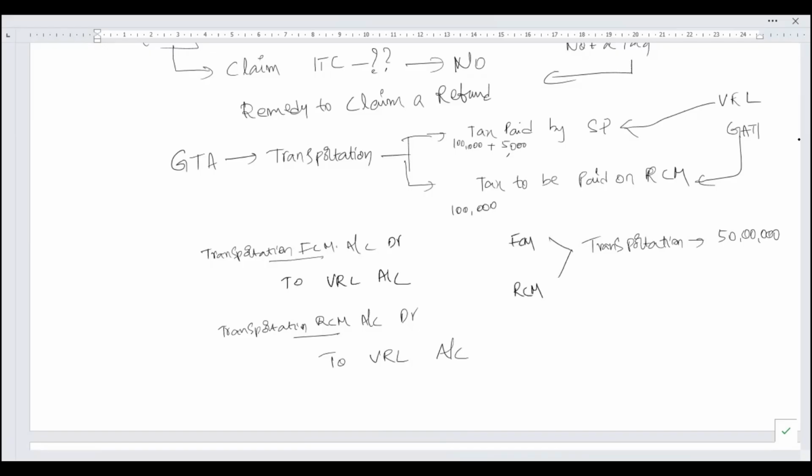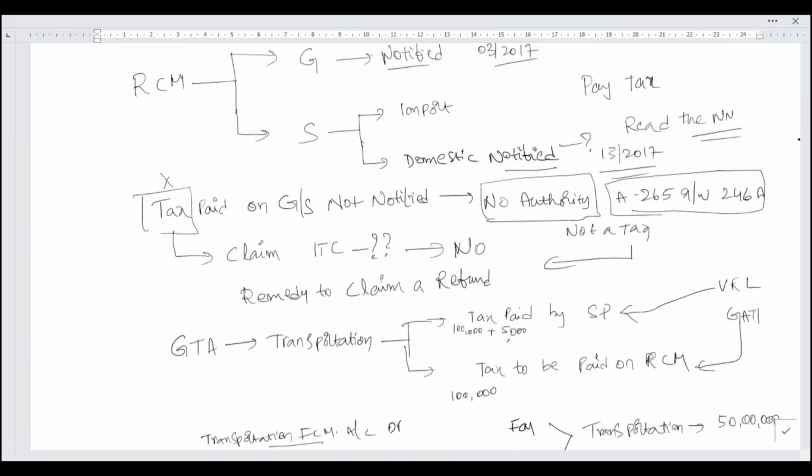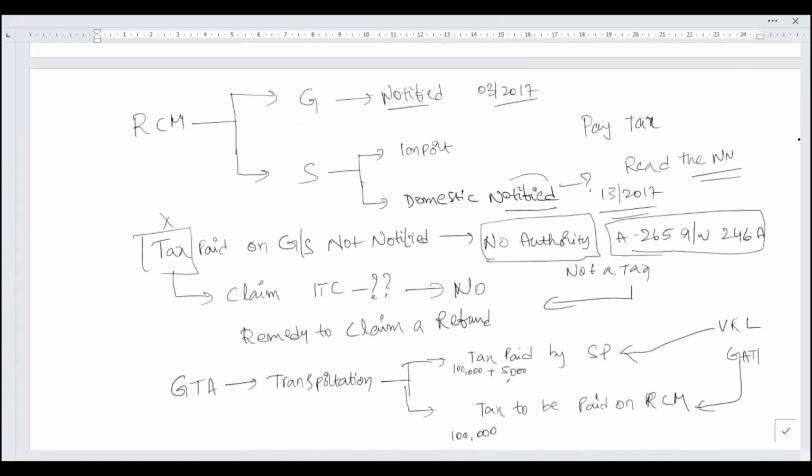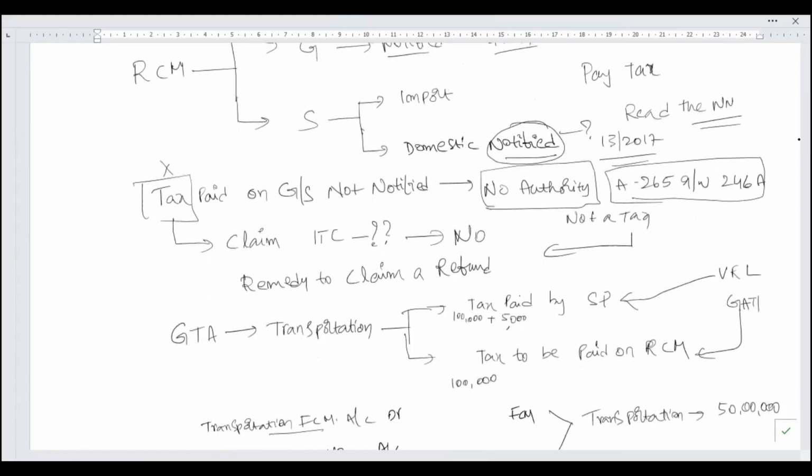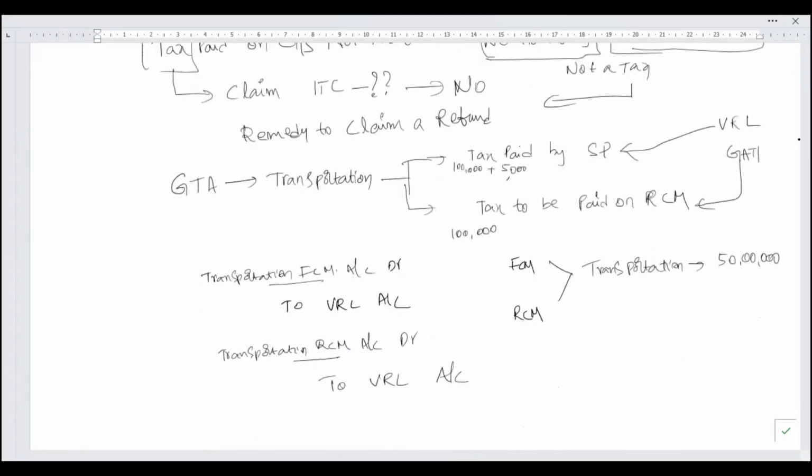So what we need to do is, wherever there are services which are notified, we need to keep in mind which services are under forward charge and which are under reverse charge. Have your GL created in such a manner that the moment I look at the GL, I know this is the money accounted during the month on which I have to pay forward charge, and this is the money I have to pay under reverse charge. This will help us compile the value of expenses on which I'm going to pay tax under reverse charge. Before I go further,